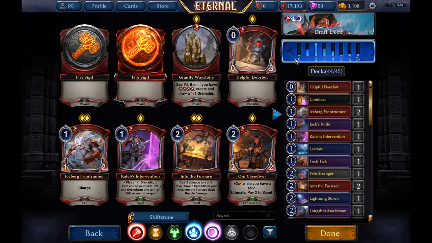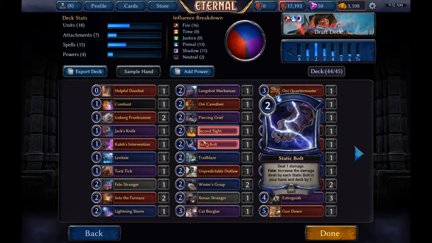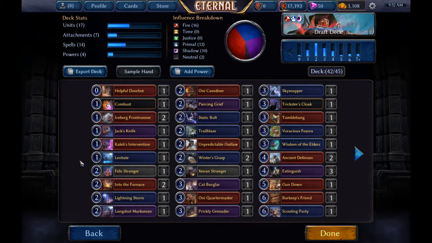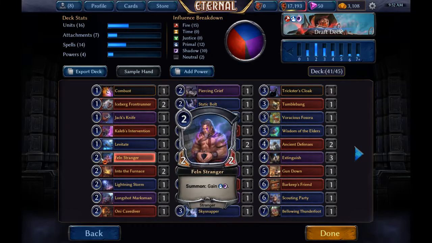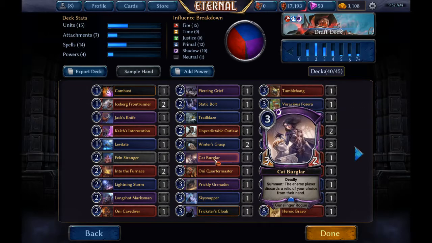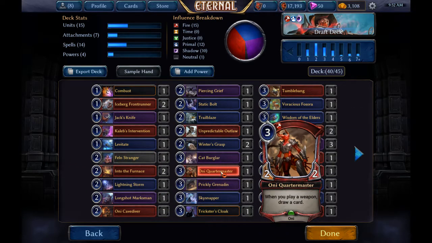Okay, there we go. So this will be an interesting deck. We're going to be 3-color, most likely. We got a lot of cuts to make. We've got a lot of removal. So I think first off we cut the second set. That's just not that great. I think the Toctic is definitely gone. The Helpful Doorbot's definitely out. The Felm Stranger is going to make it in, but the Xenon Stranger is not going to make it in at all. I think the Oni Quartermaster is too much trying to...